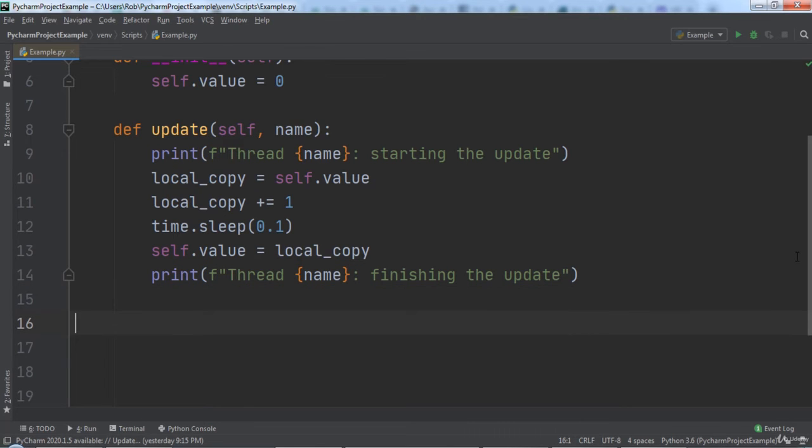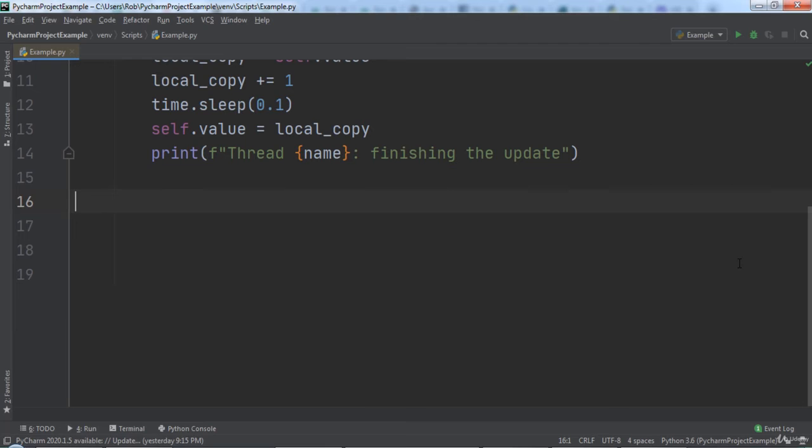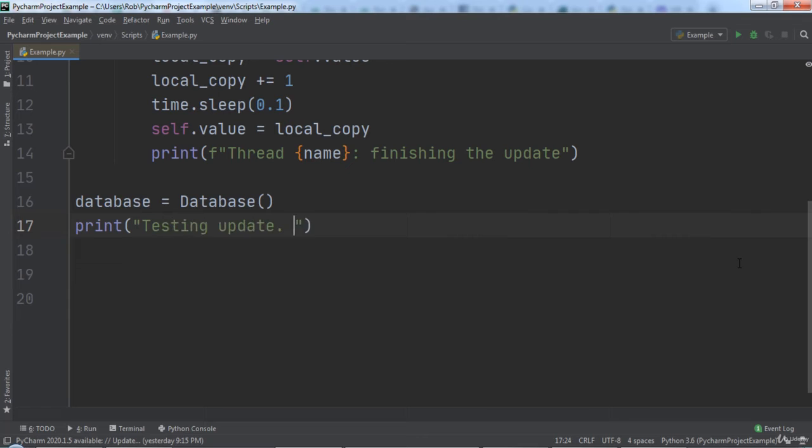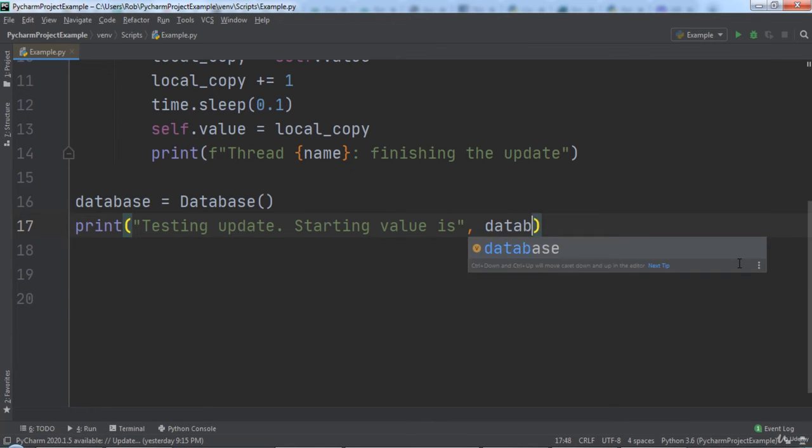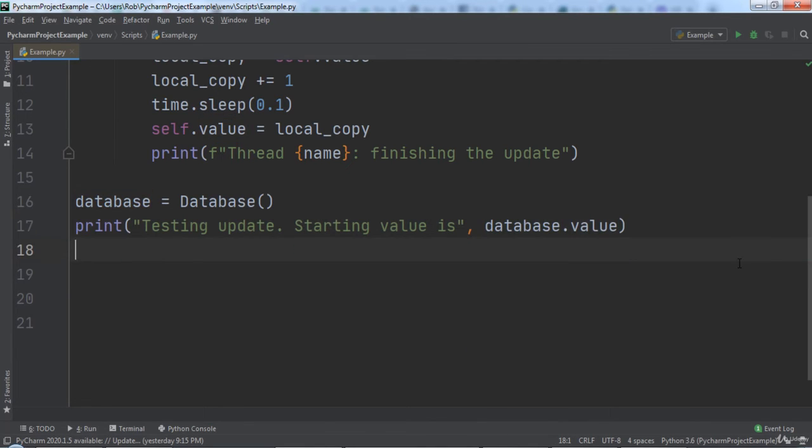Now let's write the thread code in Python. First, we will create a variable named database and set it to a database object. Next, we will print out testing update, starting value is, and then the database value. Next, we will type with